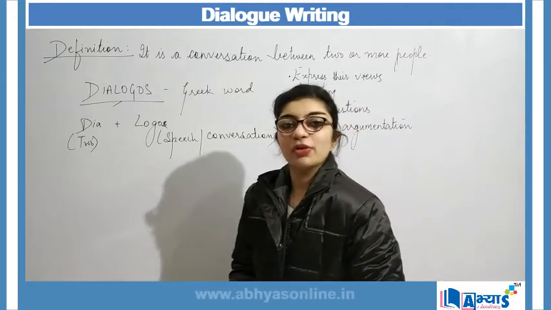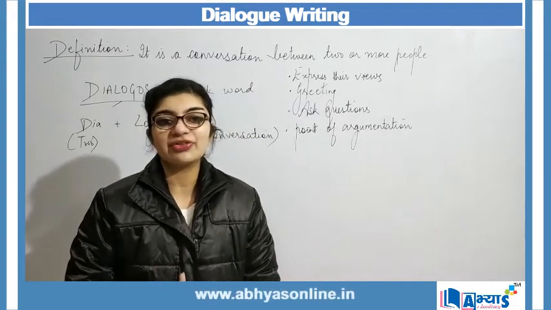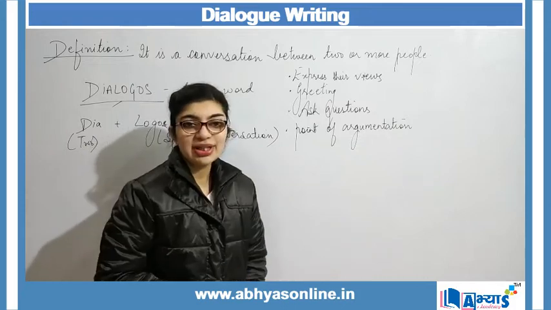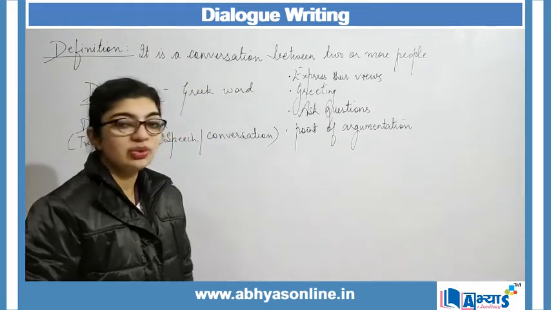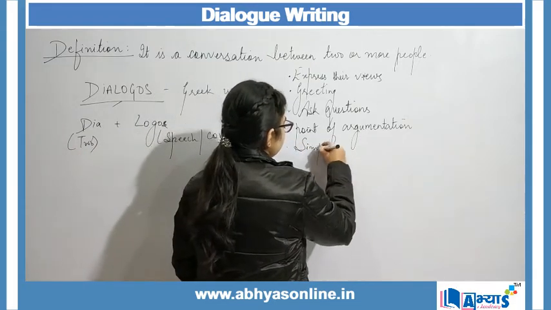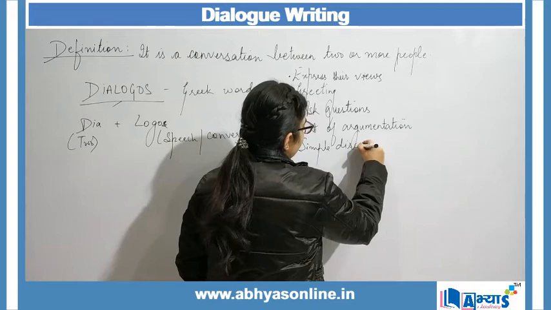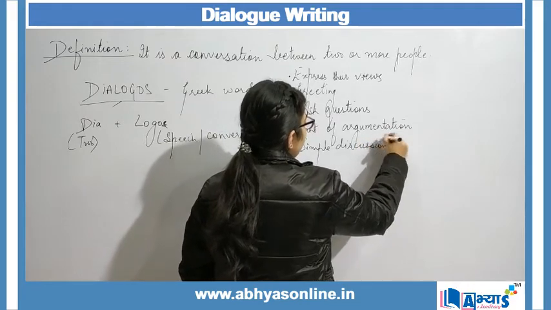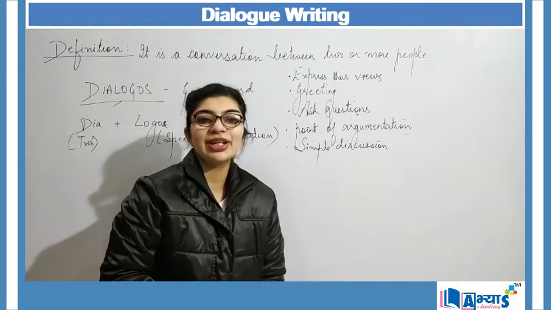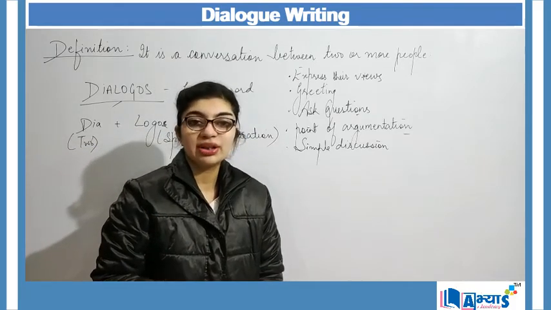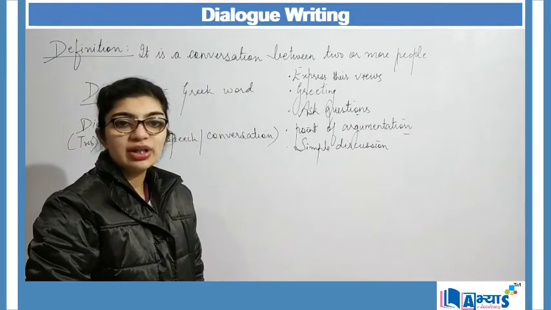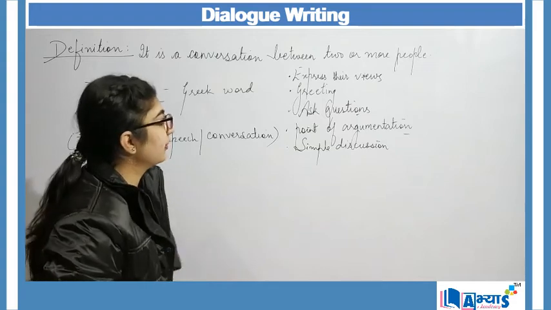So these are some of the ways in which the dialogues can be exchanged between two people or more than two people. Either they can greet, they can ask questions, they can argue, they can express their views, or just a simple discussion. And a discussion will always take place only when you argue, you ask questions, or you express your views. One person will express the view, other might contradict that view or also favor the view. So accordingly, a dialogue is exchanged between the two people.